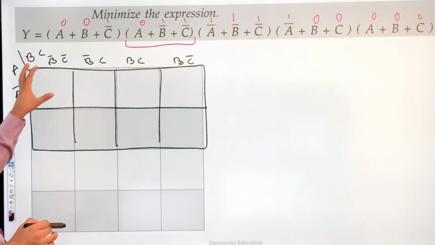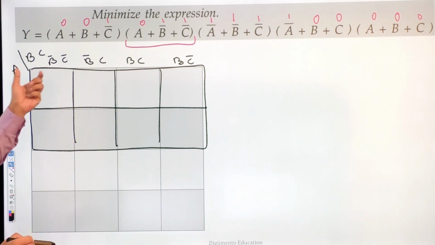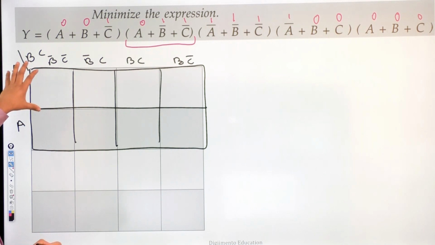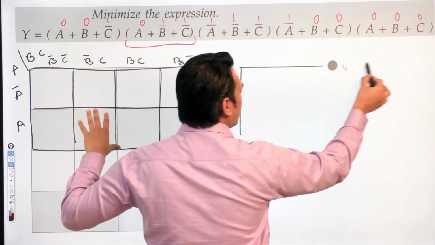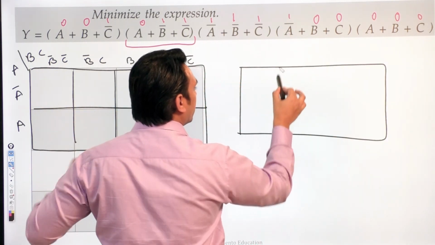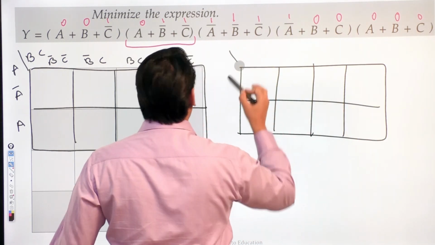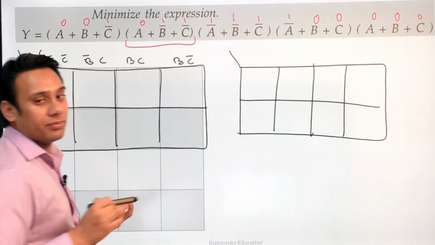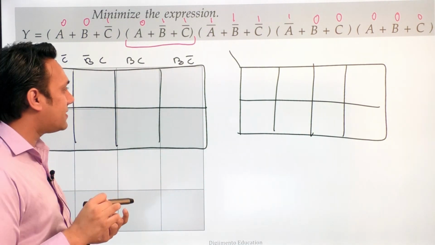But if you show the same terminologies for the sum term, then it will be different. Because in a sum term, if I just draw the same k-map, how are we going to represent the same k-map here? So wherever I have a complement, I'm going to write in a non complemented form. जहां पर भी complement है हम उसको non complemented form में represent करेंगे.